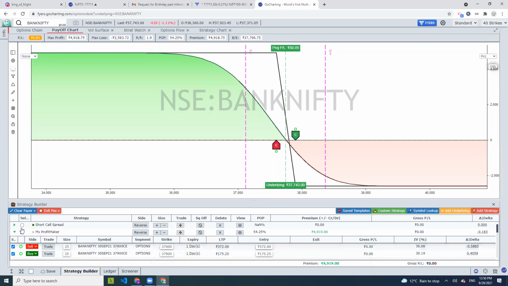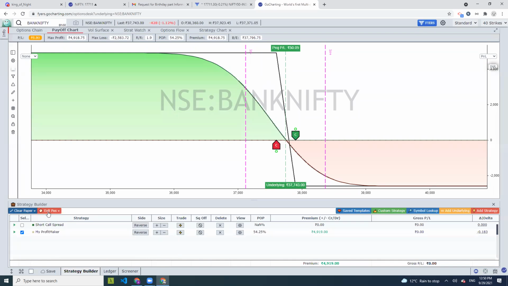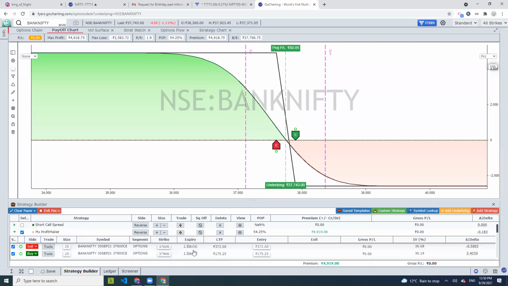Now, once you've taken a basket trade, right? If you want to, for example, exit from a basket trade, you can directly go here and exit the positions. And when exiting, it will again do the opposite of what it did in the basket trade. So it is going to club the sell orders first and then the buy orders. Okay, so that's what this does. So right now I'm in paper mode, right? So you can make all these edits. In real mode, obviously, once you have entered a real position, you cannot change the strike price or the entry price, right? So it's kind of frozen. But this is on the paper mode.